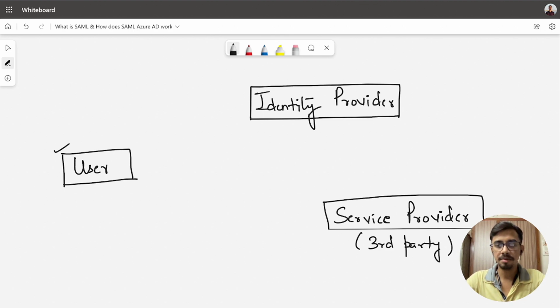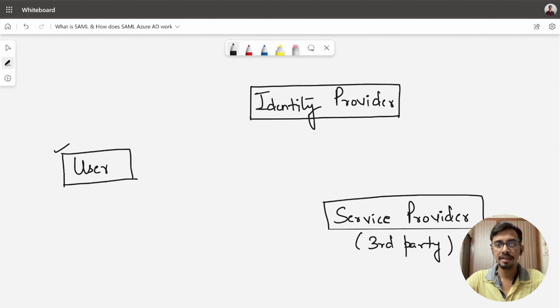Like in our above example, the new joinee was actually taken to the company's login page, right? So that was actually the identity provider. The user will just enter the company email and the password set by the IT administrator, right? It is just one single pair of user credentials that the user has, his email ID and password.